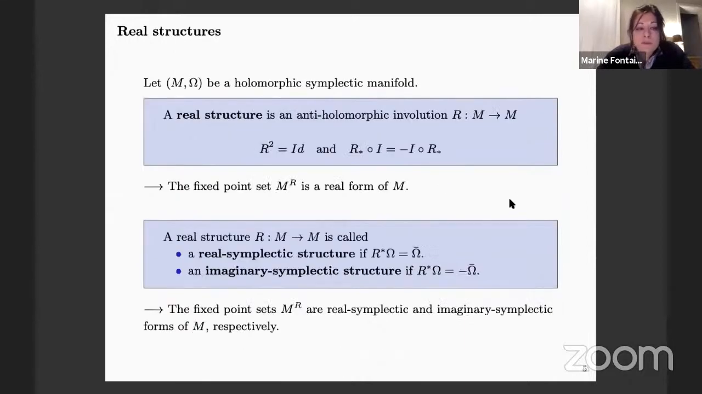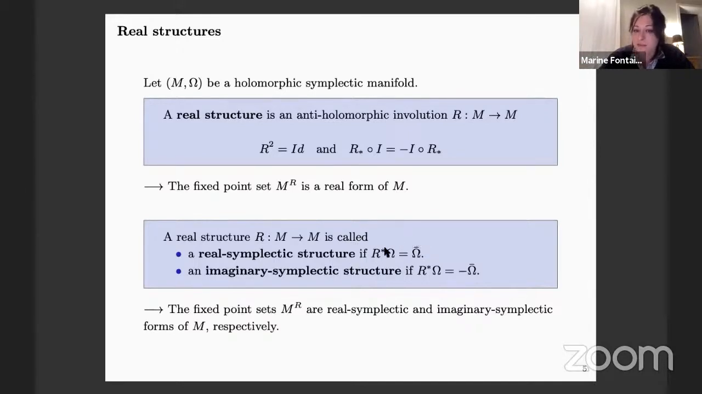Now, real forms can be obtained as fixed point sets of a real structure. So a real structure is an anti-holomorphic involution on M. So it squares to identity and it anti-commutes with the complex structure. And in that case, a fixed point set is a real form. And if now you have a symplectic structure on M, then you can ask your involution to be symplectic,